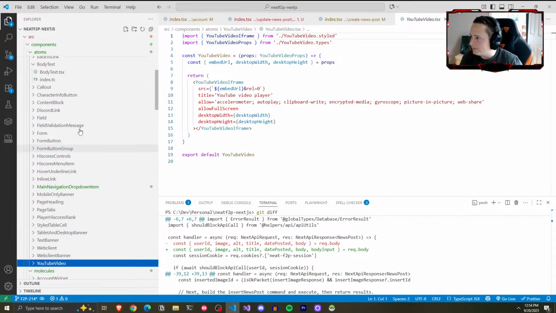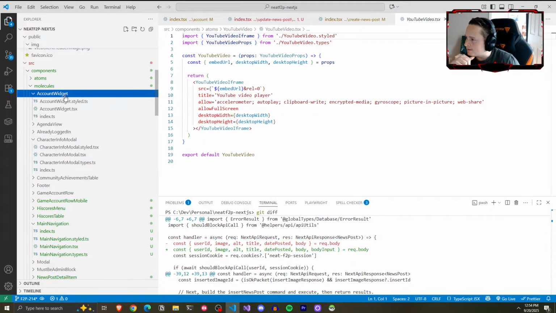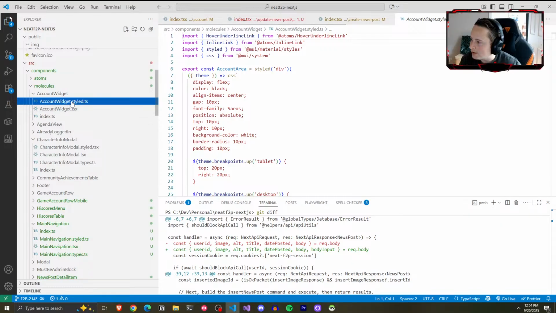Okay, cool. So everything in the atoms folder, since we're using atomic design, is now actually an atom. We might have to go through these, because as these got moved around, they might use other molecules,